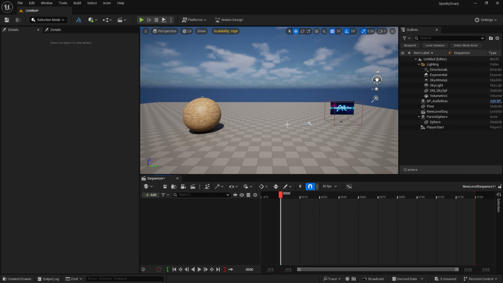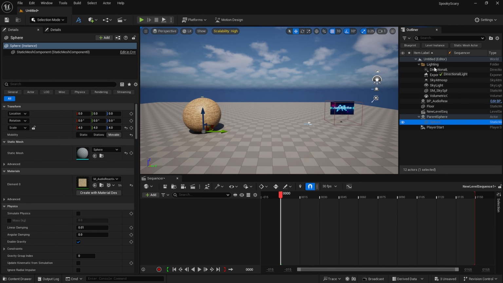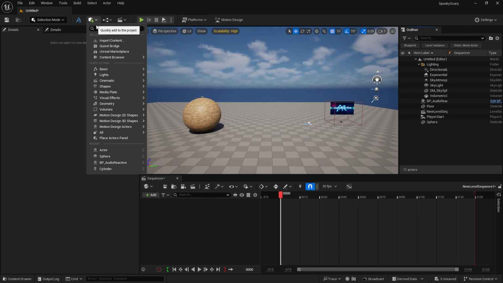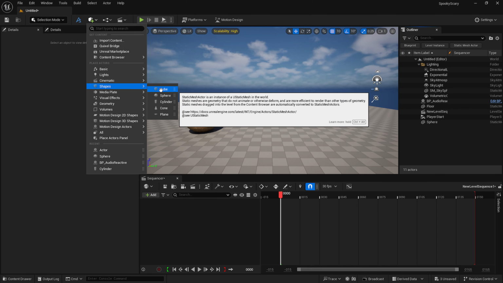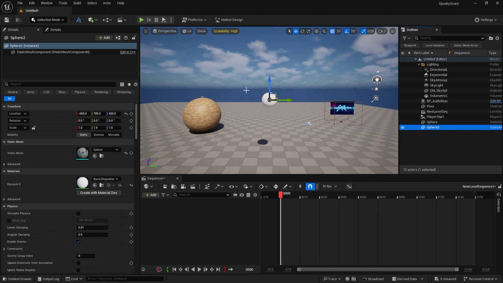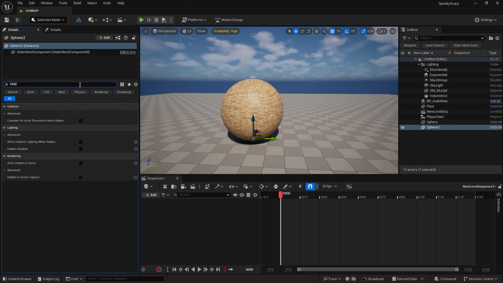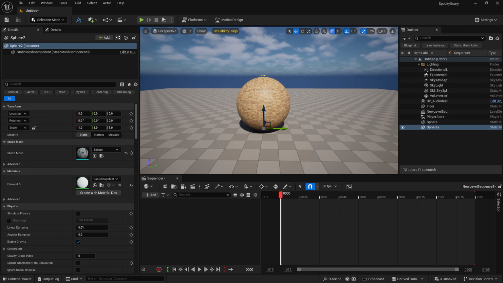Now let's say I want to not use an actor, but instead let's try and use another mesh. So I'm going to unparent my sphere, I'm going to delete my actor, and I'm going to make a dummy mesh. So let's just add a shape, and we'll go with, let's just use another sphere. So let's move this to origin, and first of all let's make this hidden. That way it never shows up in our game, but we can still see it in our viewport.